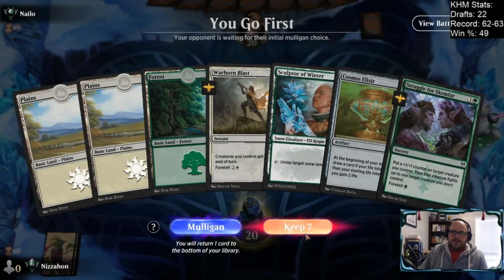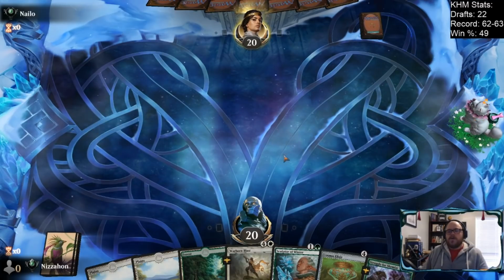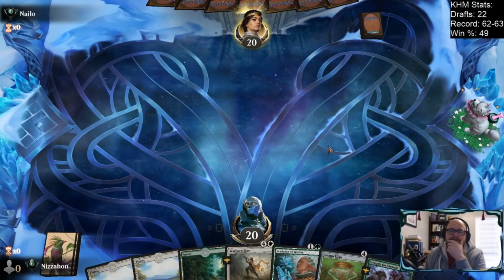Right, I think this is a keep. Would be nice if we had one of our snow lands, but it's alright without that stuff. This is another hand where it's worth considering foretelling this, then playing Sculptor and struggling. That didn't work out for us in the last game, the way the game shook out, but...